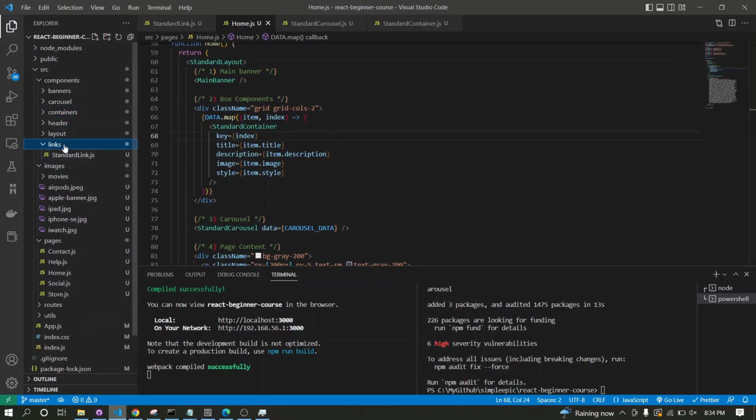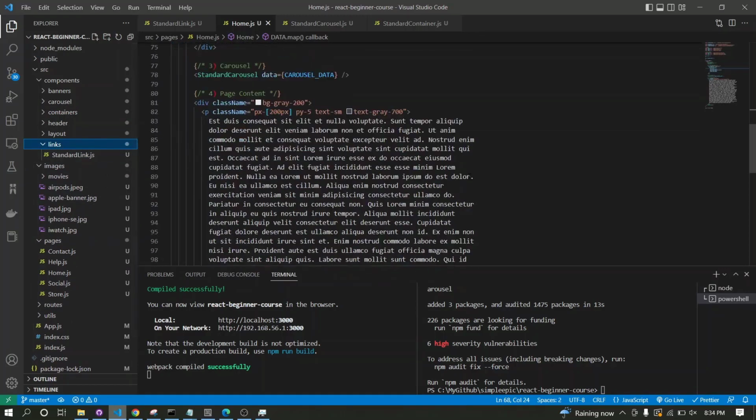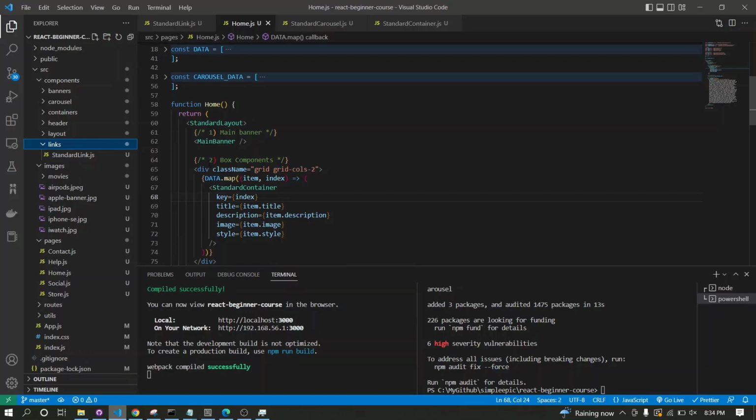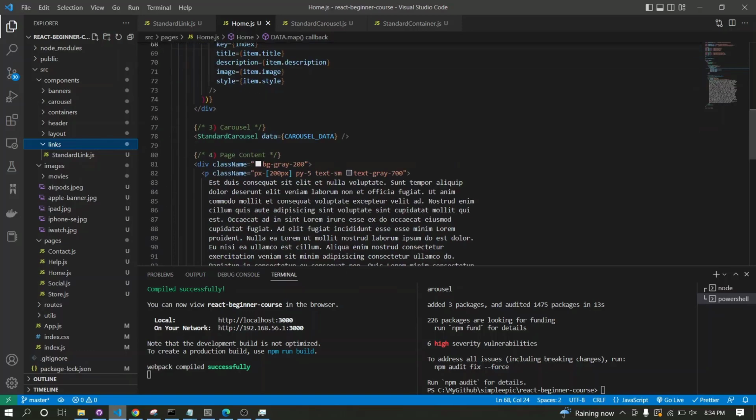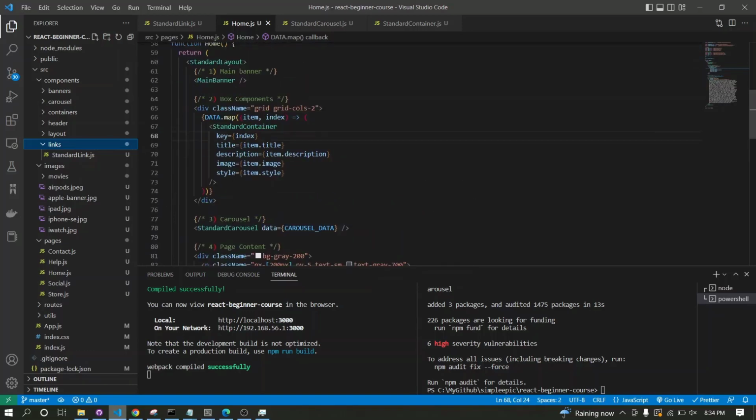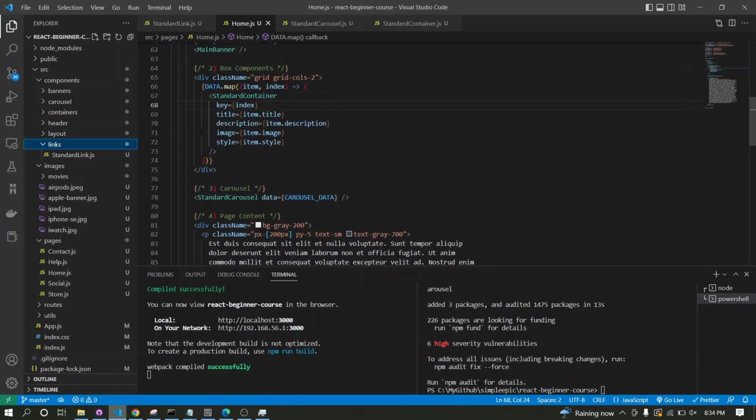So we have this links tab over here. And I think we can refactor this code sort of, because this is a box component and carousel. So